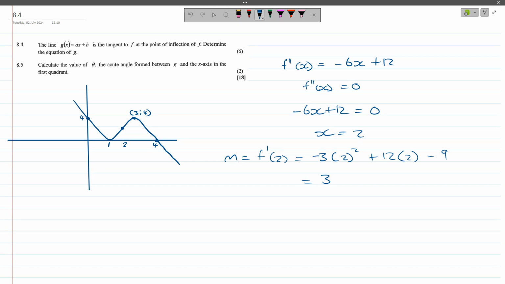So what is our y value at that point? Because that's the only thing that's missing. We know our x value at that point. Now, to get our y value, we simply put 2 back into our original equation. And by doing so, we get